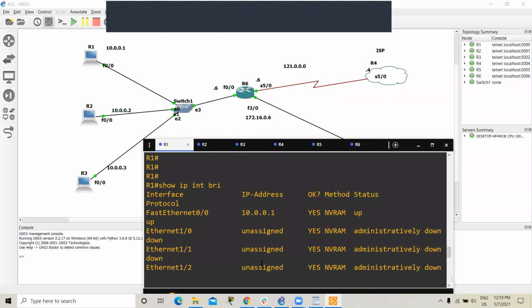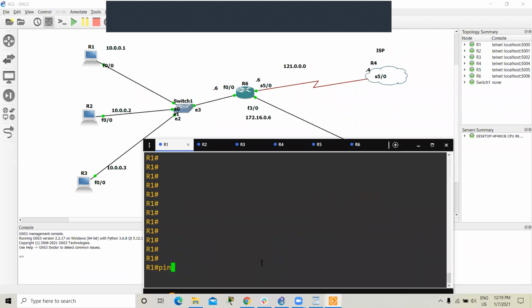Now you can check. From router 1, if I try to ping 121.0.0.4, the ping is successful.